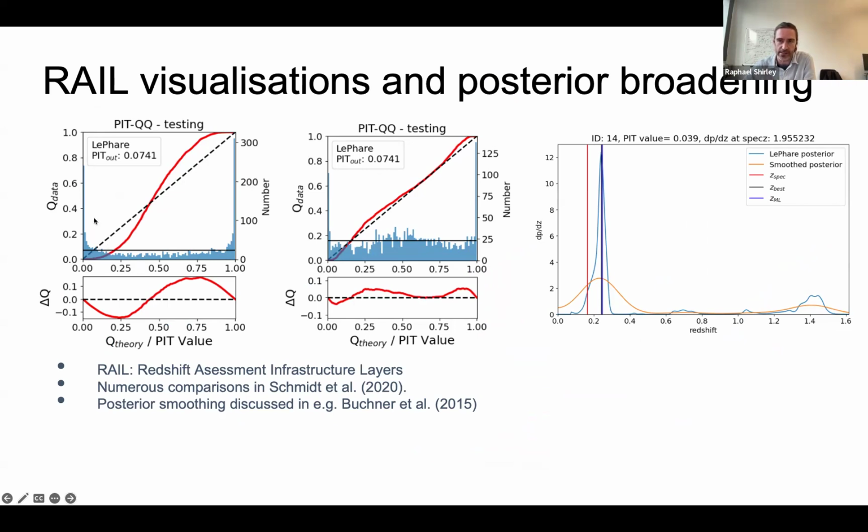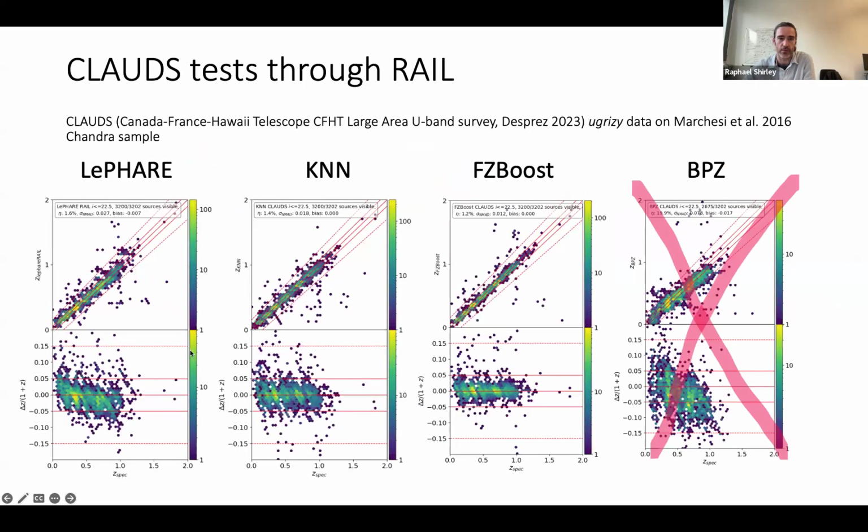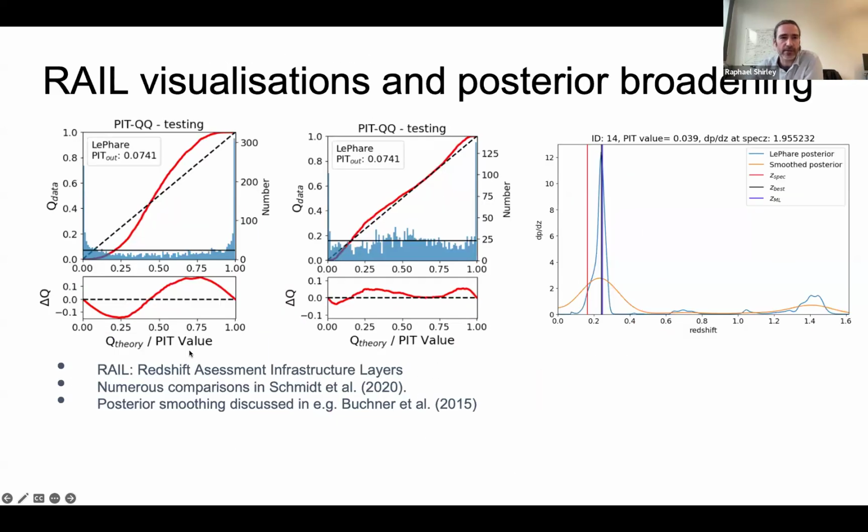So we get a set of posteriors for our redshift sample, and then we find that our true spectroscopic redshifts are often outside. We've been using this to essentially broaden the posteriors or calibrate the errors. In this posterior on the right-hand side, the blue line is the posterior which comes out of LePhare by default. And we can broaden this using the PIT plots to calibrate these to flat. And that makes our posteriors more accurate in terms of capturing the errors and improving that performance, which I